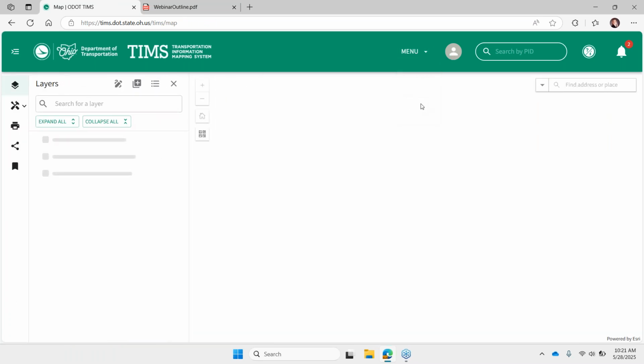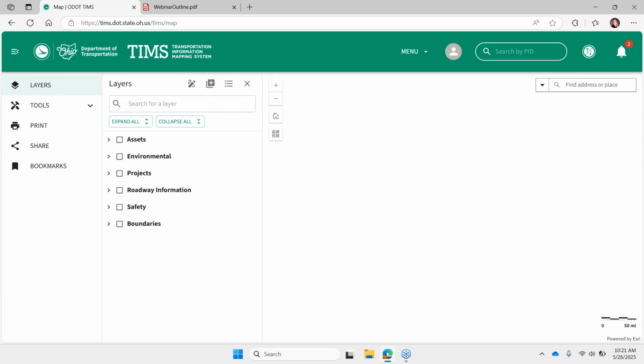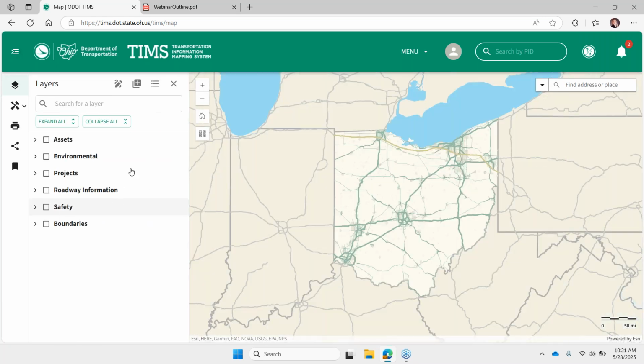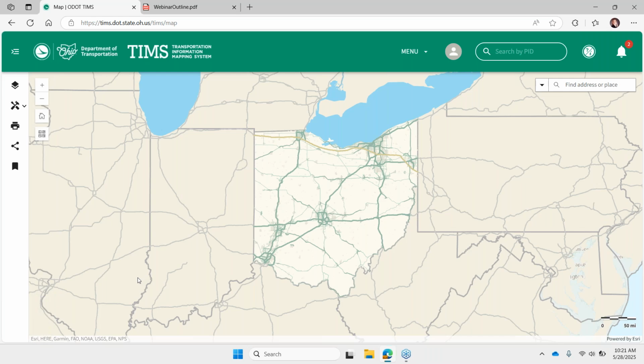And just a quick overview of the layout of the page. Starting on the left-hand side, we have this Tools pane. You see I'm clicking this icon in the header bar to collapse and expand. Next to it, we have the Layers pane that will always be open by default when you come to the page, but you can collapse that for more real estate for the map, and then expand it again by clicking the Layers icon.